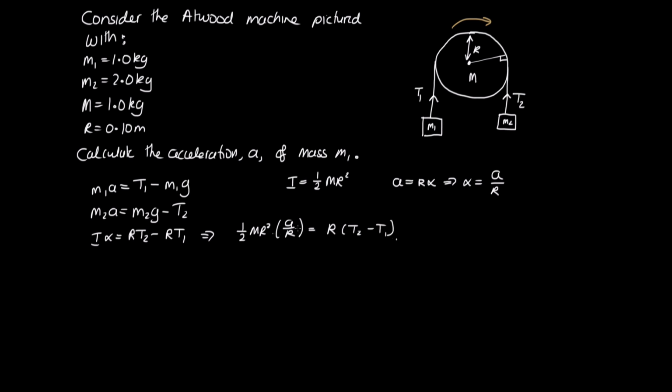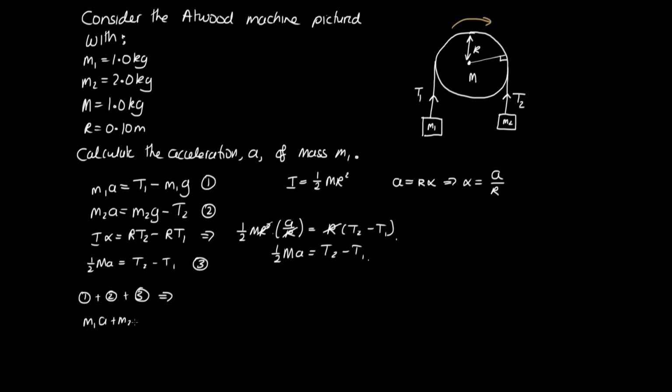Okay, now what we can do is cancel this r with one of these r's and the r on this side with the r on this side, which gives us a half ma is equal to T2 minus T1. So let's write that down here. We've got a half ma is equal to T2 minus T1. Now what we have is three equations, 1, 2, 3, that we can solve simultaneously. So we can do 1 plus 2 plus 3, and this gives us